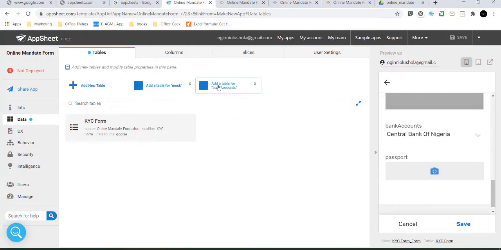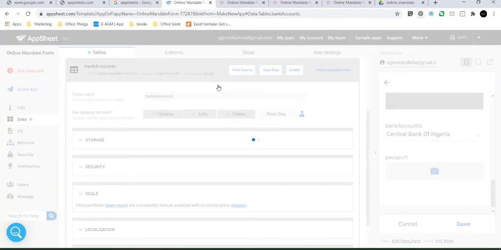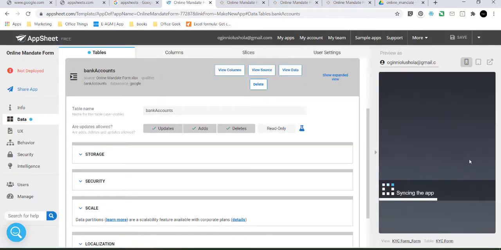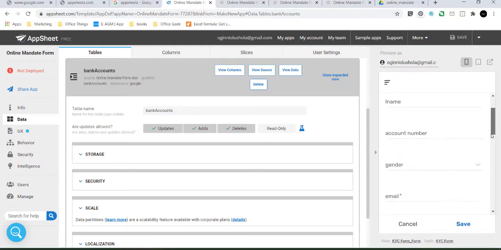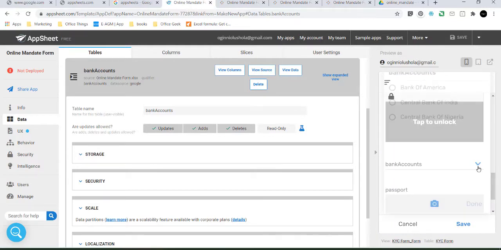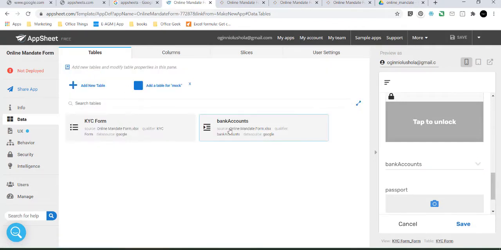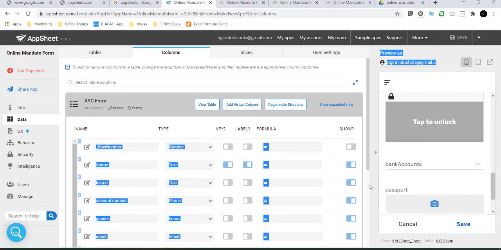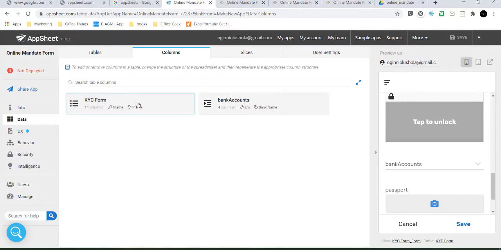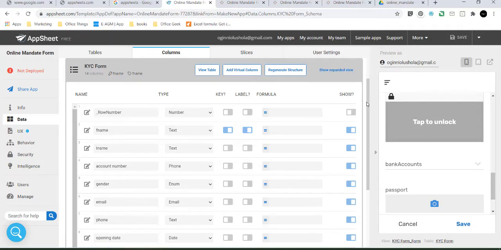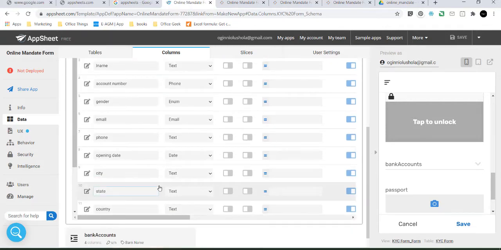So I'm going to add this bank account table here. So what I want to do is, instead of me typing in values, I want you to pick this bank account from that sheet called bank account sheet in my Excel, which is this one here. So what I'm going to do is go back to my columns. There are many ways to do this on AppSheet, but this is the way I am just choosing to do it. So I'm going to go to that bank account,